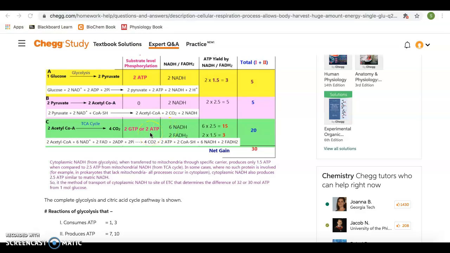And then in our last steps, we generated 2, it could be GTP depending on the cell, but we generated our 2 ATP, our 6 NADH, and 2 FADH2. Remember, because it's 2 of these going through from our 1 glucose. So our 6 NADHs times 2.5 is 15, plus our 2 FADH2s times 1.5, which is 3. That adds up to a total of 20, giving us, plus our other 10,